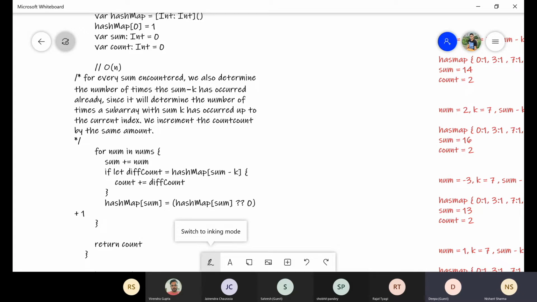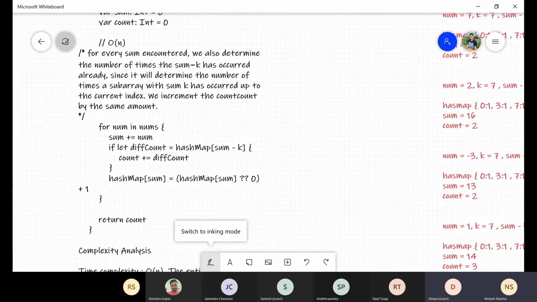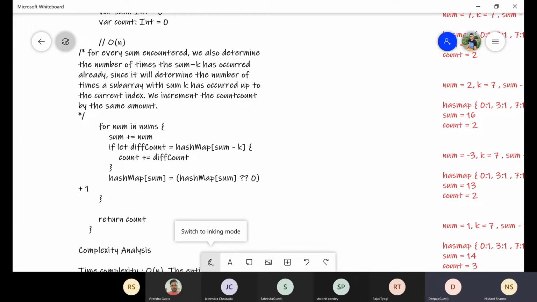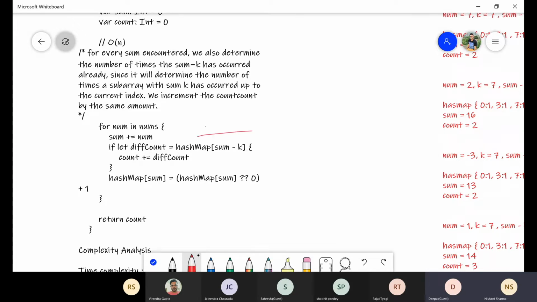We will go through with the example because it seems a little bit difficult to digest the solution at the first glimpse. So we will try to go through with the example and then we will see whether we will be able to digest the solution or not. Okay. So let me go through with the code first and then I will go through with the sample example also. So initially what we are trying to do is we take some array, and whenever we are traversing, we are basically finding a sum value here for every array.